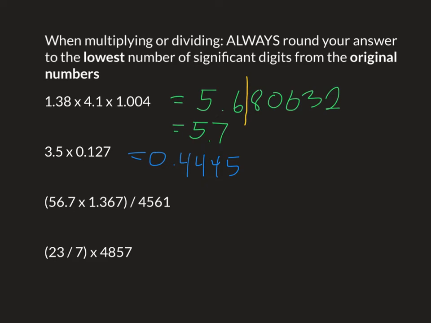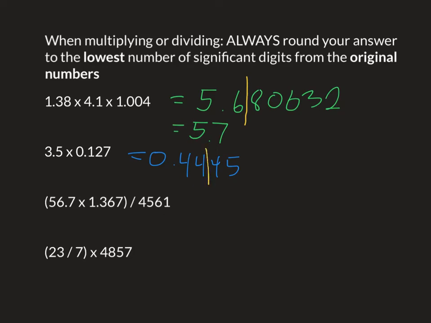But when I look at the number, I have to figure out how many significant digits it should have. Looking back to my original numbers, this guy here only has 2. This one technically has 3 significant digits. So I want to round this to only have 2. All right. This first 0 doesn't count. So my only 2 digits I want to keep here are these guys here, right? So I'm going to be rounding right here,